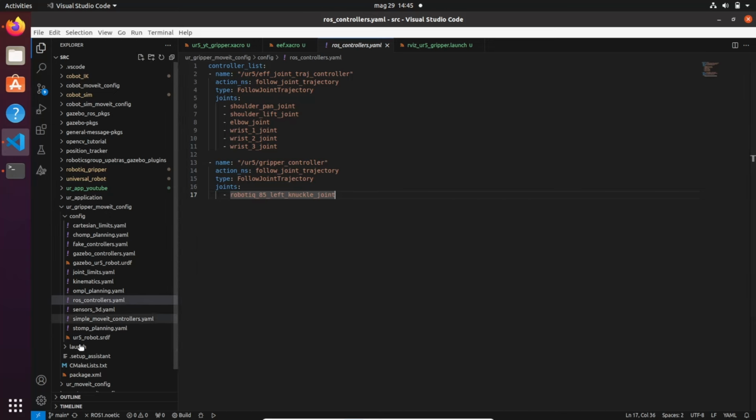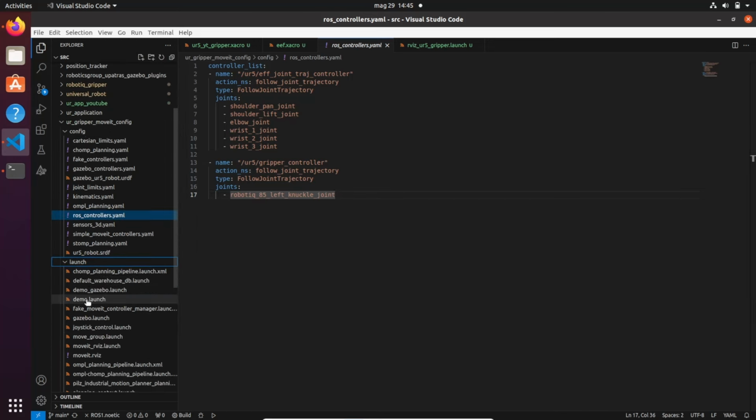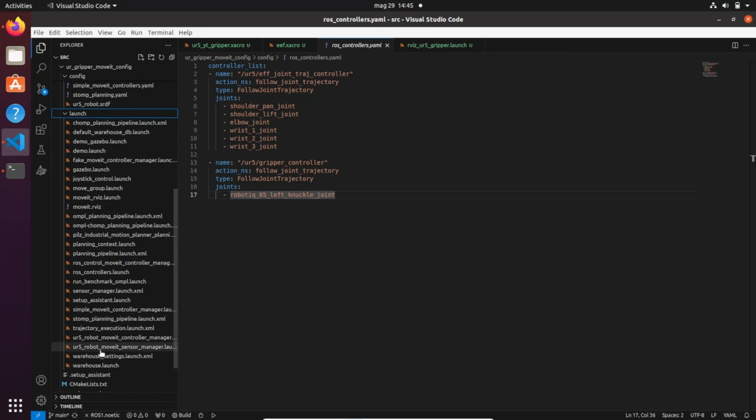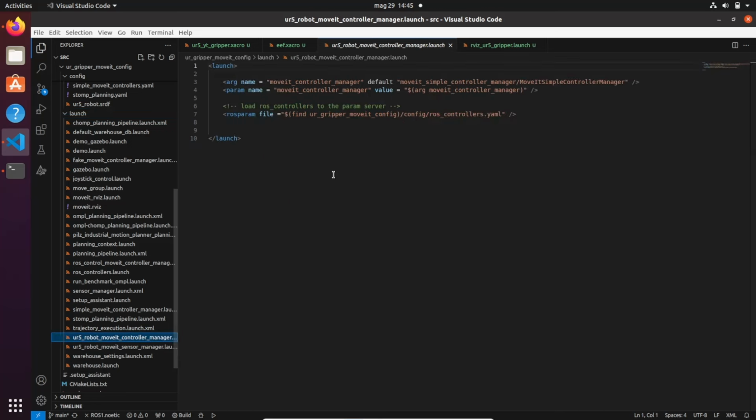Okay. Another thing that you need to do is to create in the launch folder another launch file, and you need to call it Universal Robot MoveIt Controller Manager. Okay, and then you can just copy and paste, and you will see that you're going to load the ROS controller YAML file that you have just created. Okay, so after that you've done it,